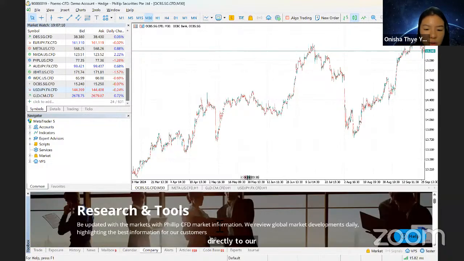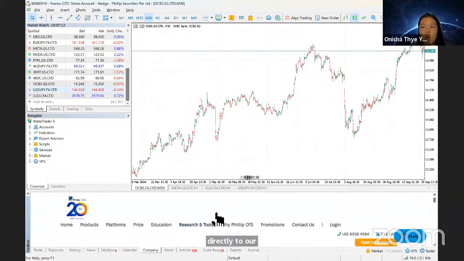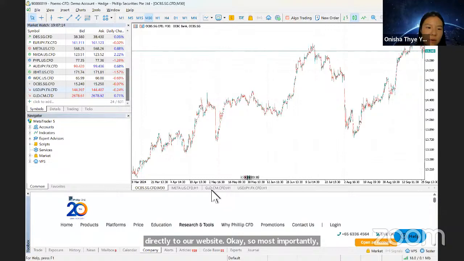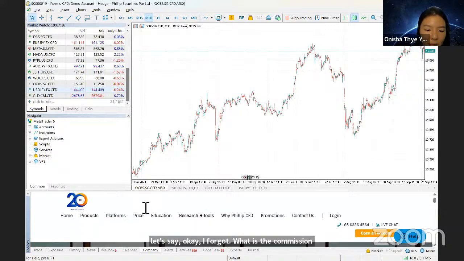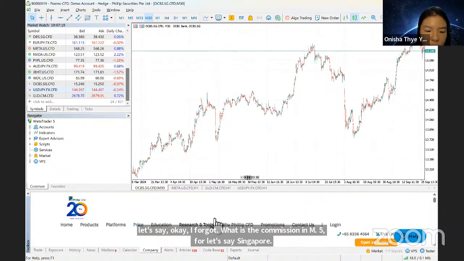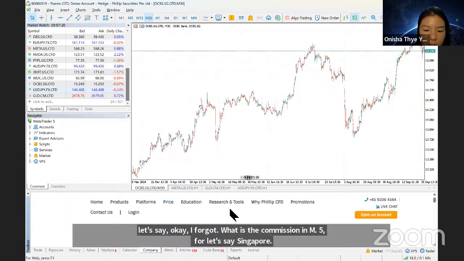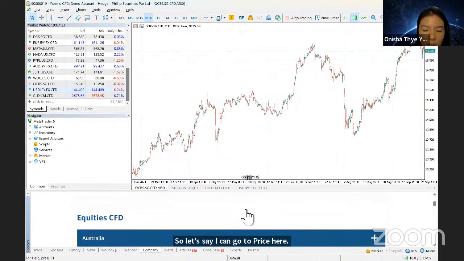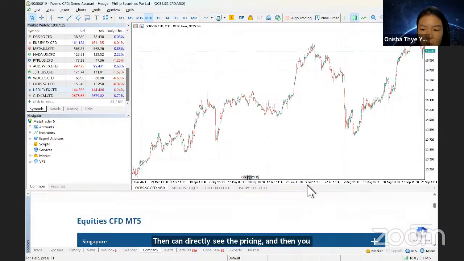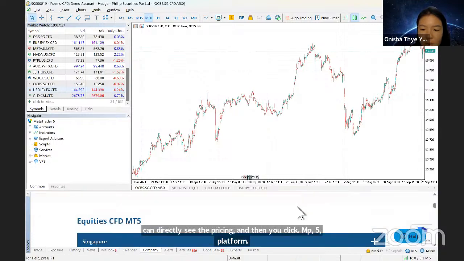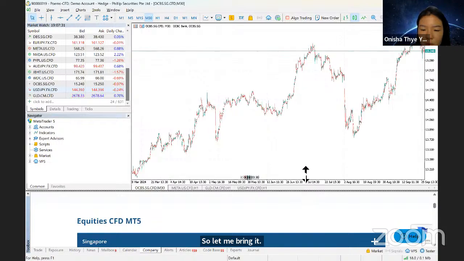So most importantly, let's say, okay, I forgot what is the commission in MT5 for, let's say, Singapore. So I can go to price here, then can directly see the pricing, and then you click MT5 platform. So let me bring it bigger, easier for you to see.